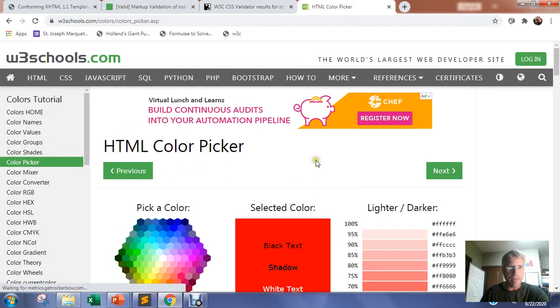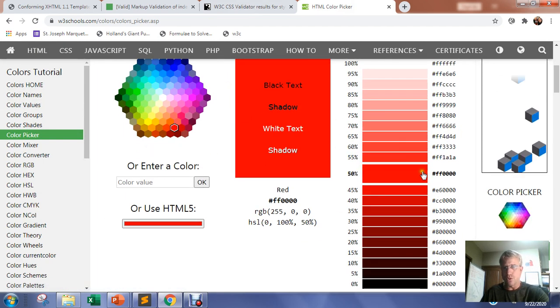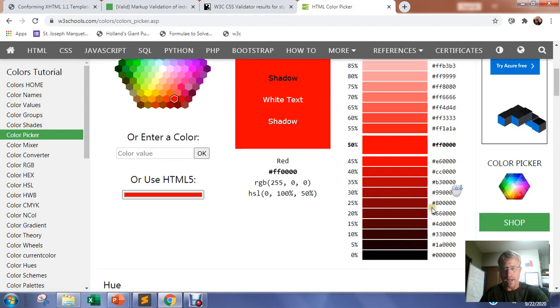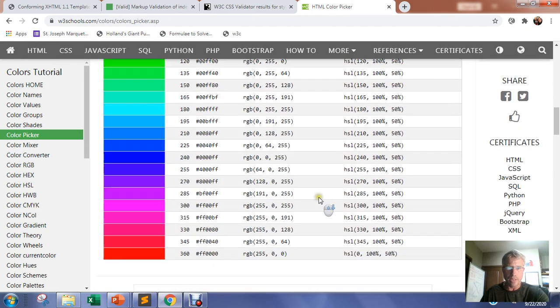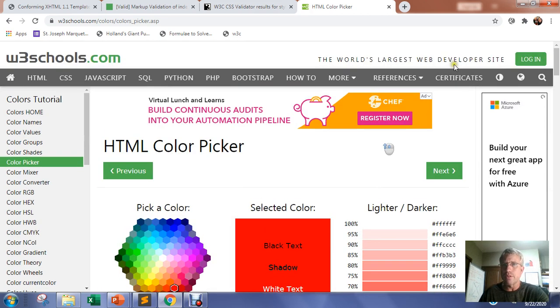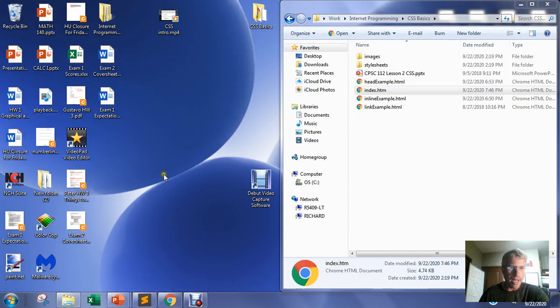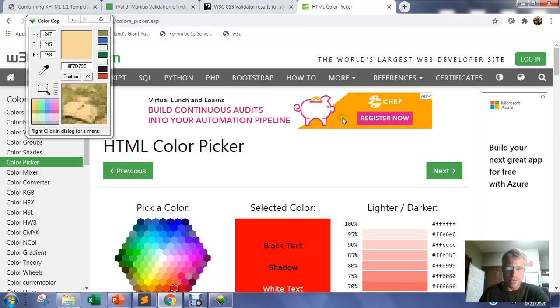W3C actually has a page, or pages even, dedicated to the hex and RGB values of different colors. So here's a place where you can look up and identify colors for web pages. Another thing that you can do is research on the internet and find color pickers. For example, I know it's not supported anymore, but I use ColorCop. I think there's probably better ones now. It's just the one that I